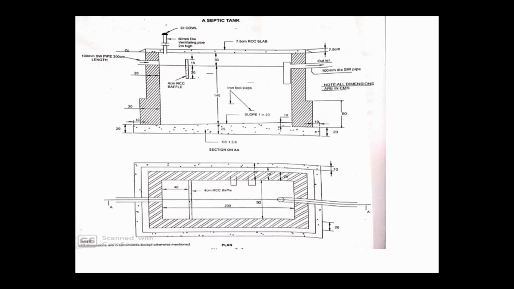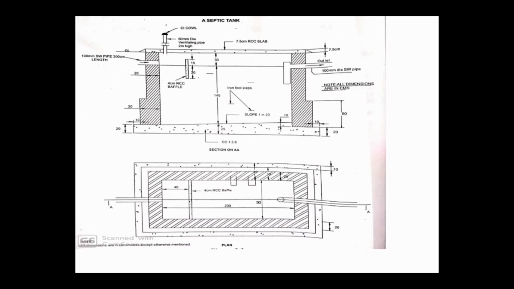So this is the septic tank diagram which they have given. You can see the section here, and then the plan is provided. By using this section we are going to decide the depth of the particular quantity we are going to find out, and in the plan we can see the length and breadth, right? If any length and breadth is needed, then we have to refer to the plan. So by using these we are going to calculate the quantity, or estimate the rate if rates are given.